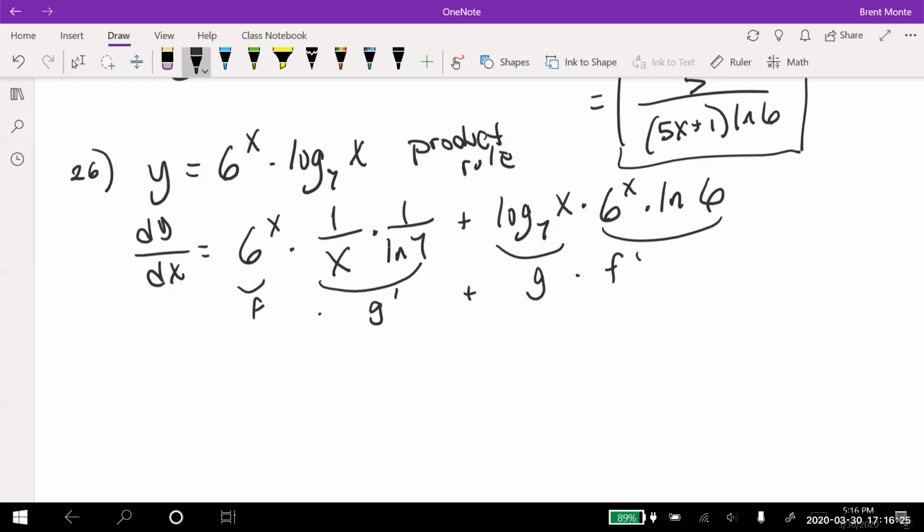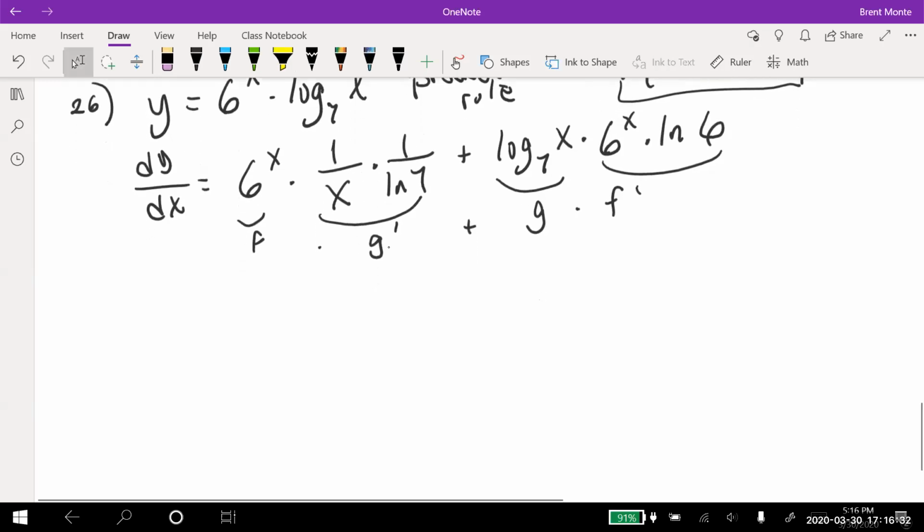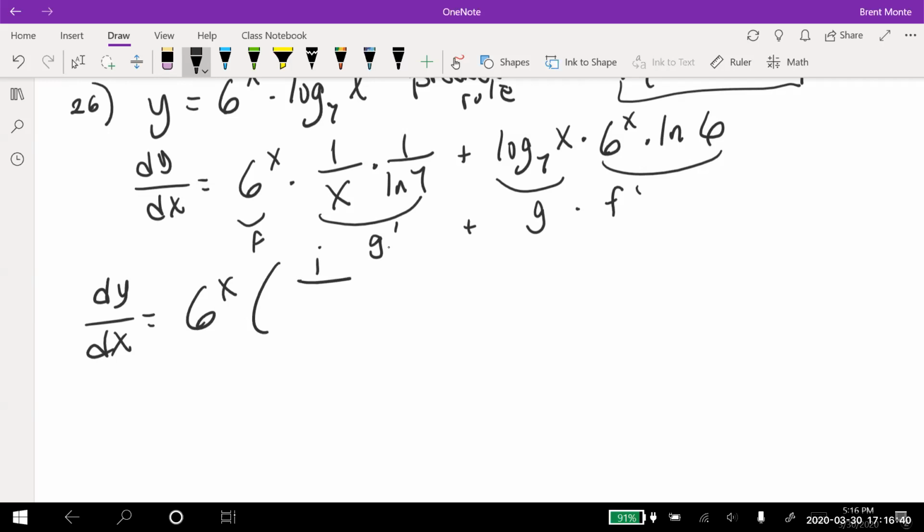Now, we can factor out that 6 to the x. That's the only thing common to factor out, and then I'll clean it up. There's not much to clean up, I guess. But I am going to factor out the 6 to the x because they both have a 6 to the x. And it's going to leave me with 1 over, we'll just call it x ln 7 plus,